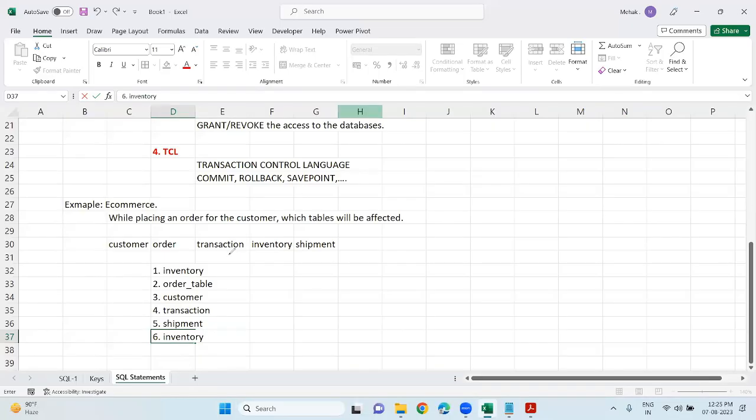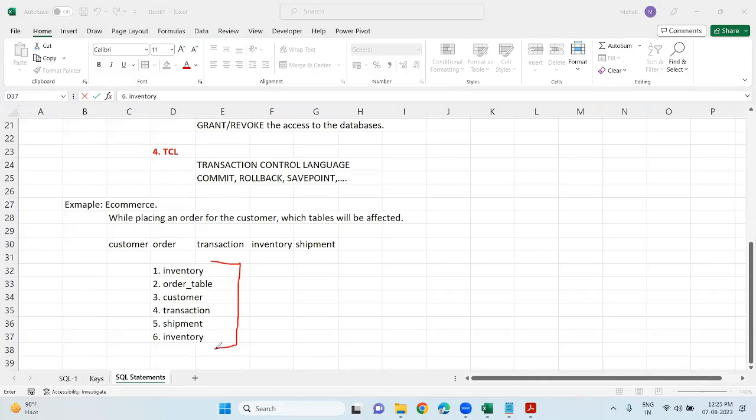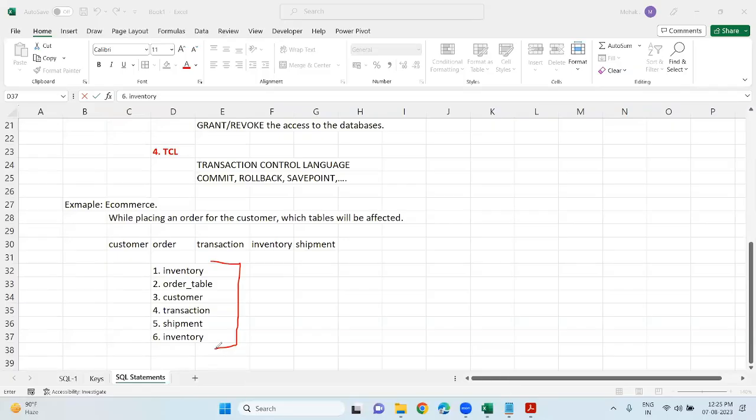अब अगर ये सीक्वेंस आपका शफल हो जाए तब आपका मैसेज आता है ट्रांजेक्शन फेल्ड। ठीक है, there is a scheme, there is a flow which is working at the back end. अगर वो फ्लो में प्रोसेस आपका काम नहीं करेगा तो क्या होगा, ट्रांजेक्शन फेल्ड की मैसेज आ जाएगा। अब ट्रांजेक्शन फेल के दो ऑप्शन हो सकते हैं। पहला ये कि सारा कुछ फ्लो में था बट फिर क्यों ट्रांजेक्शन फेल हुई, प्रॉब्लम हो सकती है ना सर्वर एंड पे, पहला रीजन। दूसरा रीजन, सर्वर भी ठीक था बट आपका ट्रांजेक्शन फ्लो प्रॉपर नहीं था,